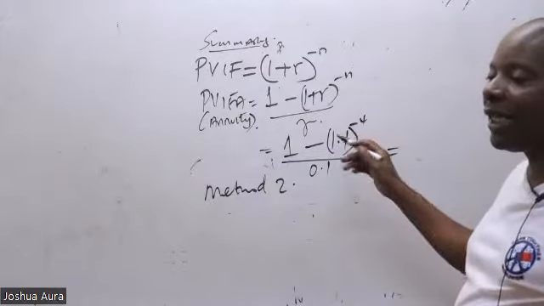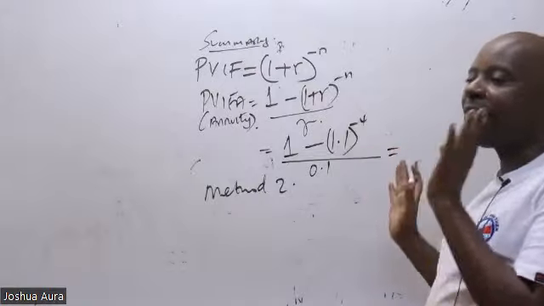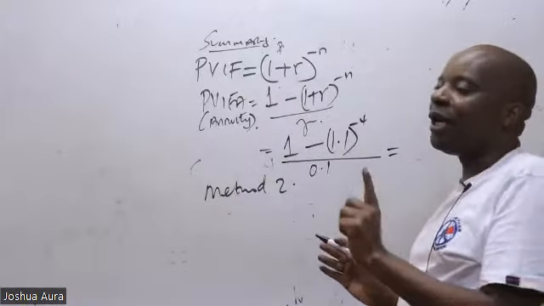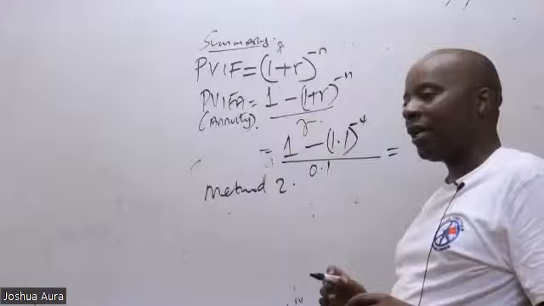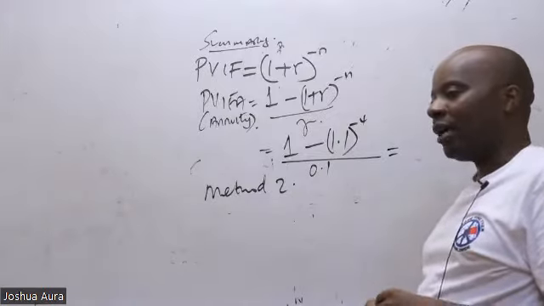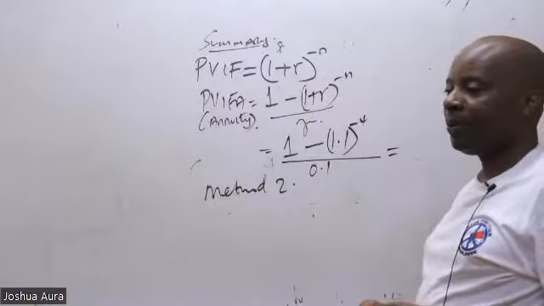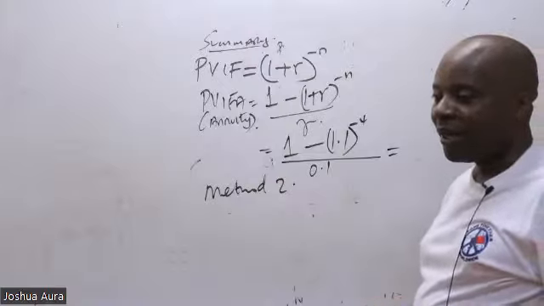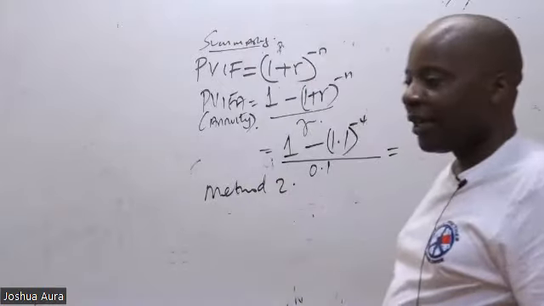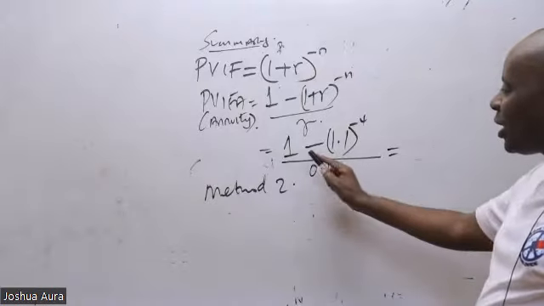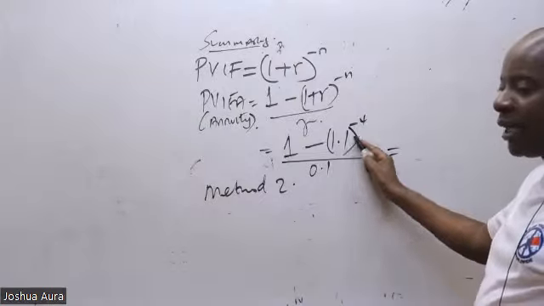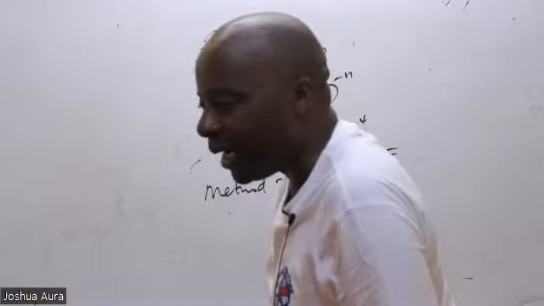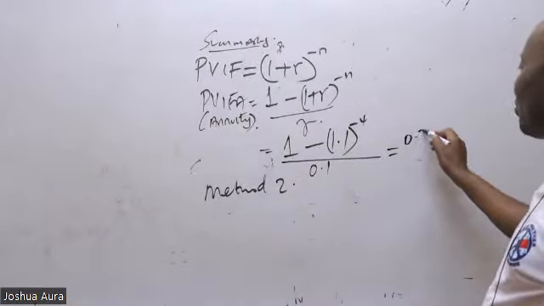So here you have to be a bright chap. Why? Because first of all, you must get the numerator, write it aside. So can somebody go there in their calculator, you say 1 minus 1.1 raised to negative 4, then press equals. What do we have there? 0.9091, according to Lena, I doubt. Please go slowly. Say 1 minus 1.1 raised to minus 4. According to ACCA, 0.3169. I think this is correct.